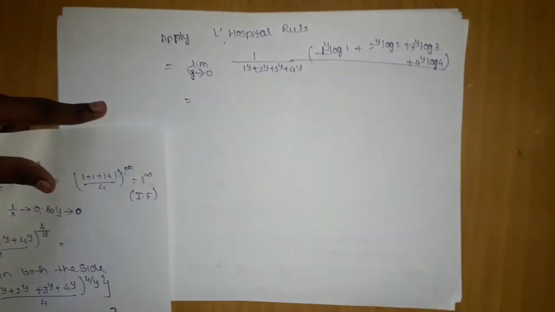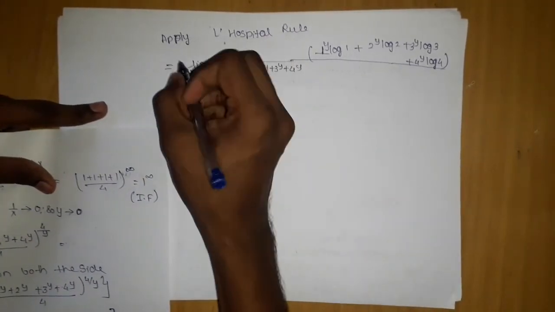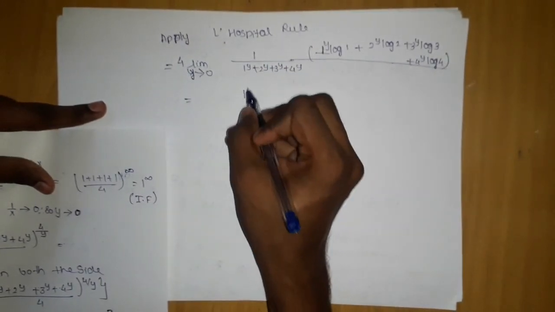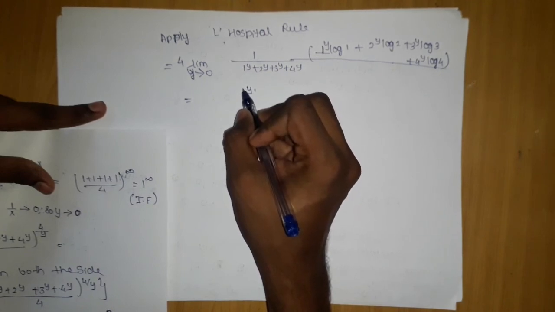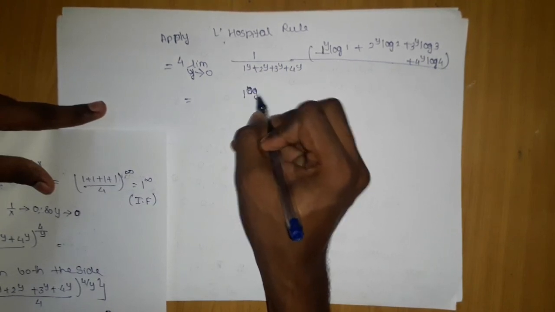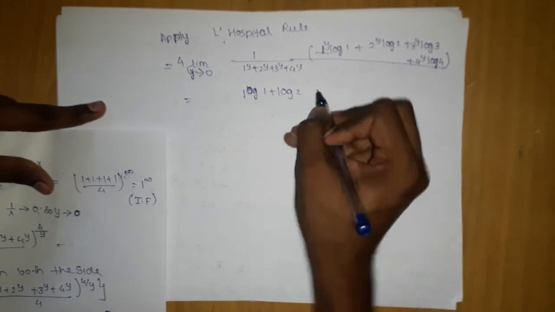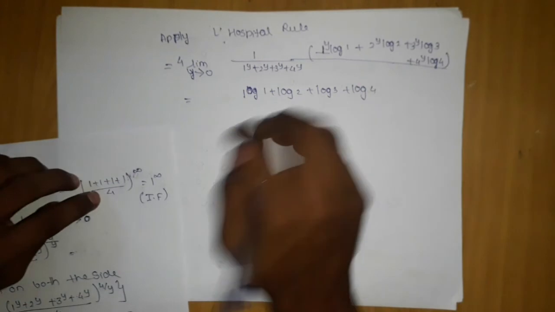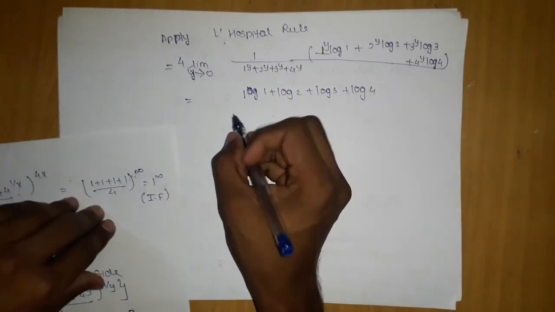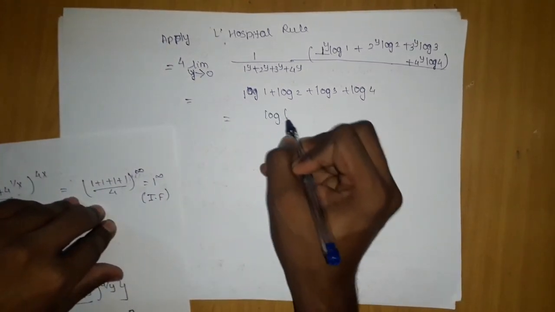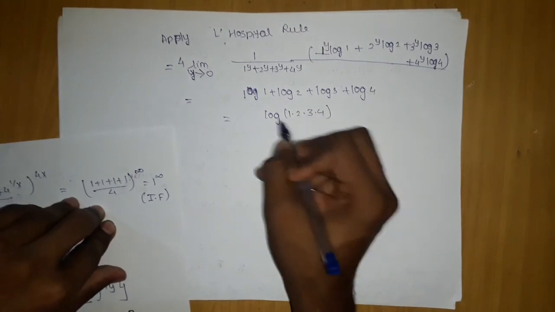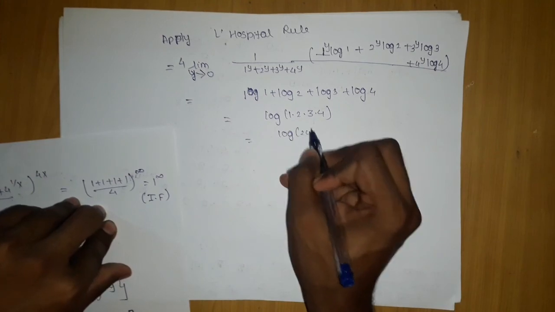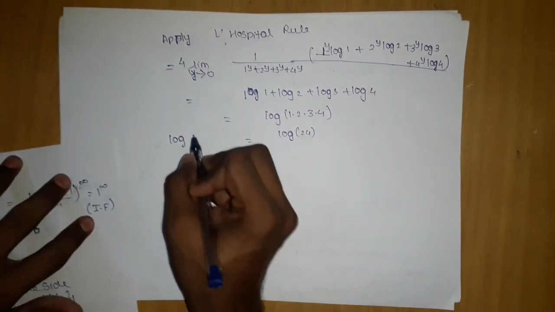If I substitute the values, what I am left with here, it will become 4 and I have 4 outside. This and this will cancel out. I am left with 1 power y, this will become 1. So I am finally left with log 1 plus log 2 plus log 3 plus log 4. If I apply the logarithm property, I will be left with 1.2.3.4, which is multiplied, giving me 24. And here I know I have log L.